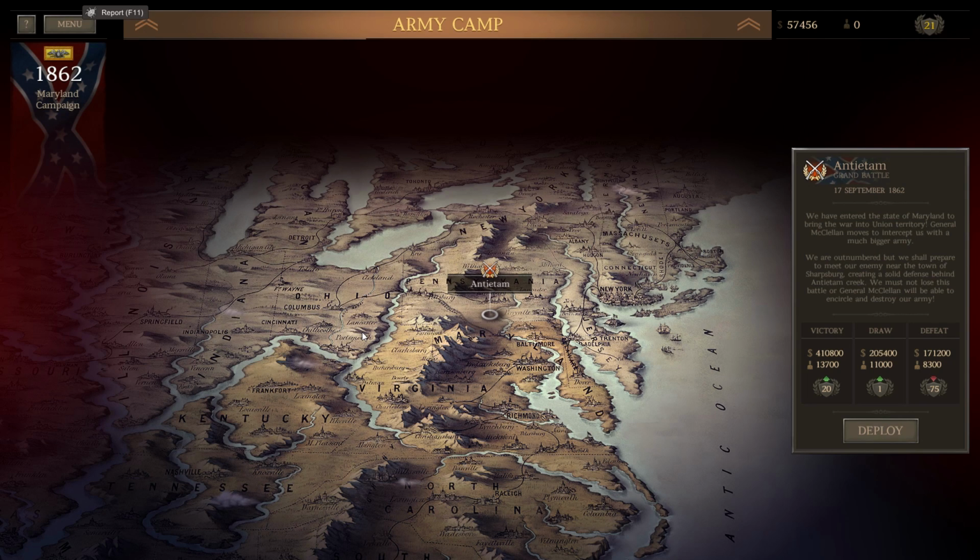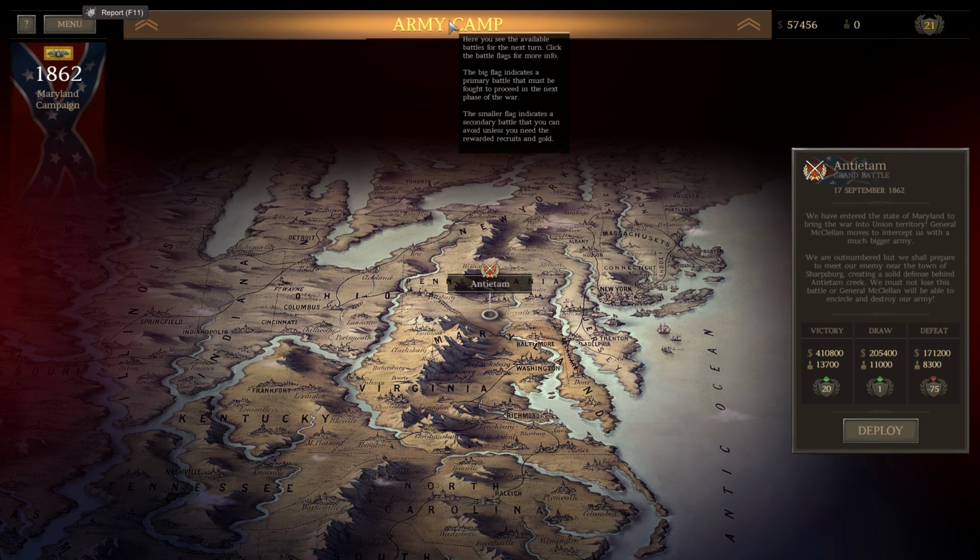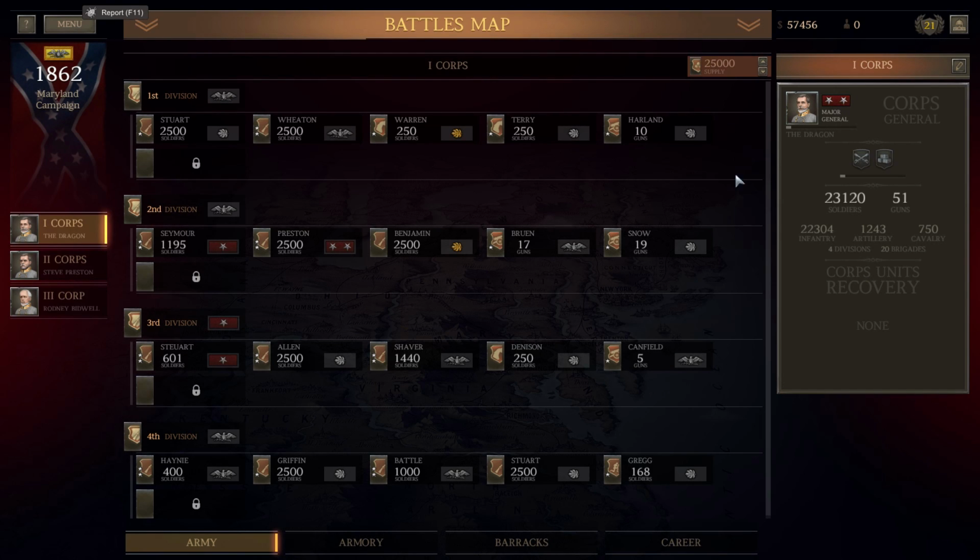I actually commentated on how to win the Battle of Antietam while I won the Battle of Antietam, but none of the sound recorded, so I'm just going to have to tell you how to do it from here. Playing as the Confederates, you are at an extreme disadvantage when you play the Battle of Antietam against the Union because you will be extremely outnumbered no matter how you tweak your numbers or how you